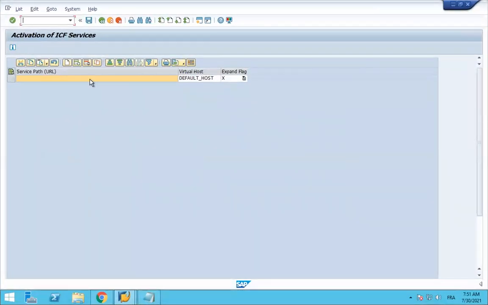But before, let me explain what the ECF node is. This is the launch entry point for each application and must be enabled in each system. That means that if you are a development system, you need to activate this. If you are a quality system, you need to activate this. If you are a production system, you need to activate it.